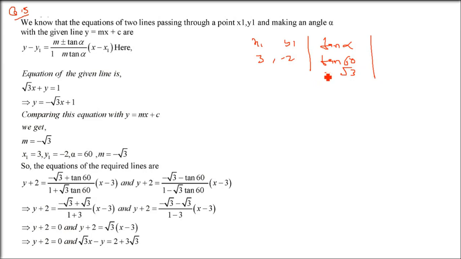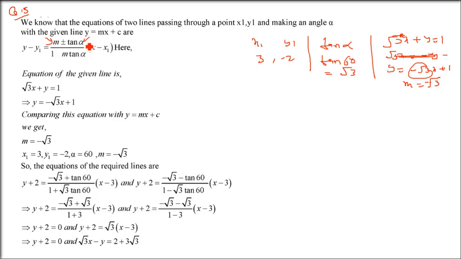If you remember, we already did a question like this, we used tan 30 in tan 75 when we wanted to find out tan 30 plus tan 45. So tan 30 was 1 by root 3, tan 60 is root 3. Now the equation is root 3x plus y equals 1. Now take y on one side, take x on the other side, so that it forms y equals mx plus c. Root 3x is minus y, y on the left hand side. So y equals minus root 3x. So m is minus root 3, coefficient of x. Now just put it in the equation.